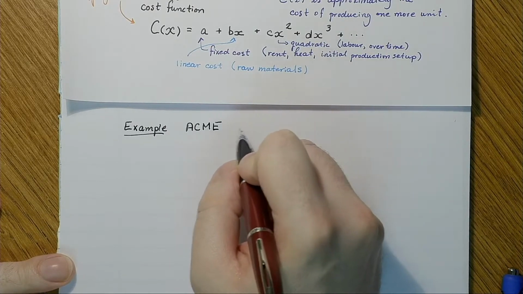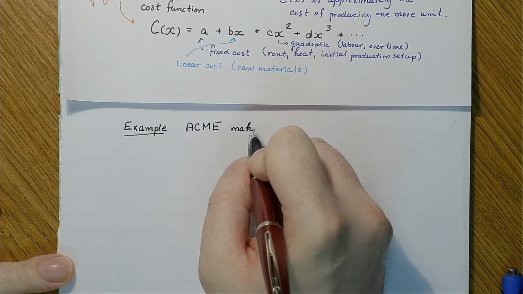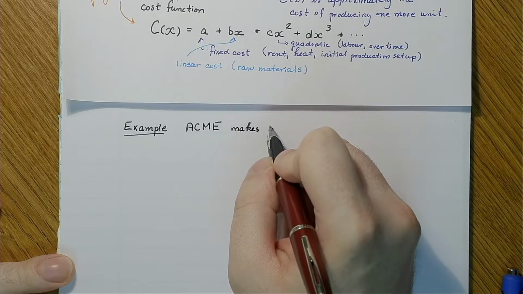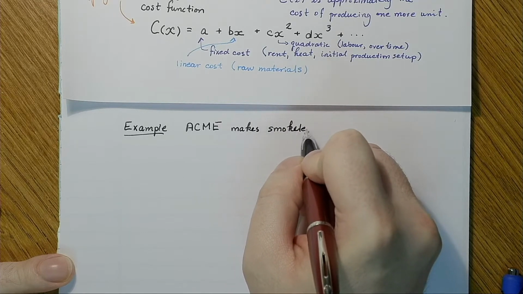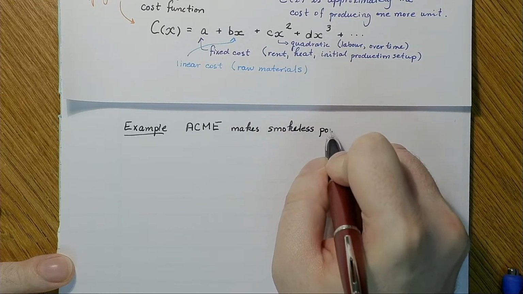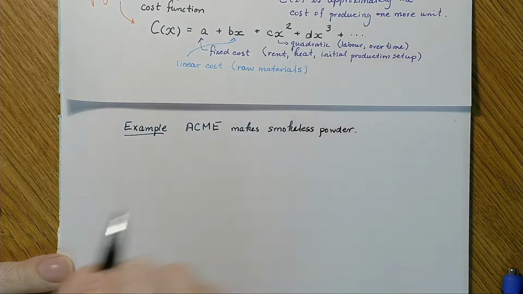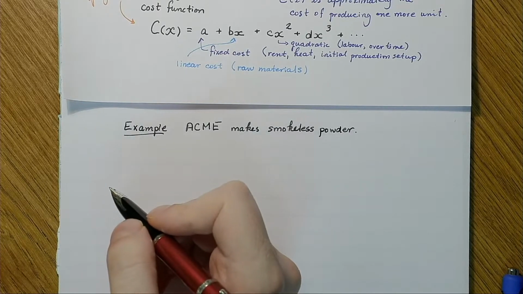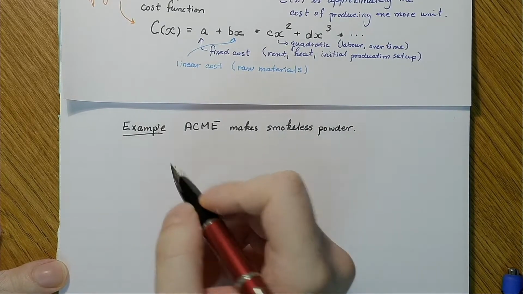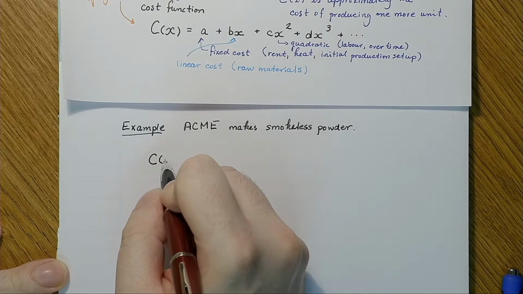I guess they call it smokeless powder. And the management estimates the cost in dollars. So let's write out the function. So they have a cost function,